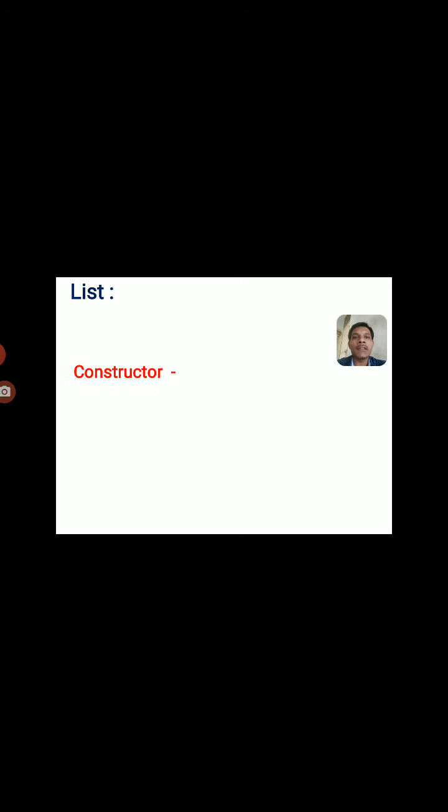So how to create the list? There are three constructors. First is the list default. It means that it creates a default list. It does not have any atom. If we use this constructor, then the user can select only one option from this list control. By default, the multiple select property or attribute is false in the list control. So if we create a default constructor of the list, then the multi-select property is false. That's why the user can select only one option from this list.